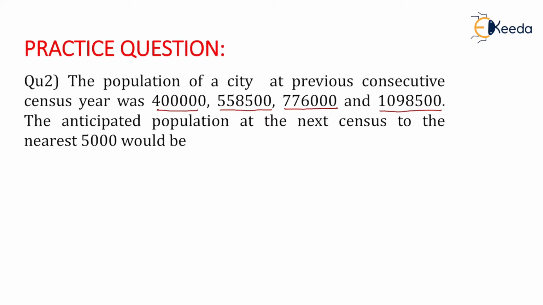Now in the question, the method is not given or precisely written. And we know that if the method is not given in the question, then we have to use the incremental increase method. So we just make a table here in which the first column is the year, the second is the population which is given in the question, and the next will be the increase in population.